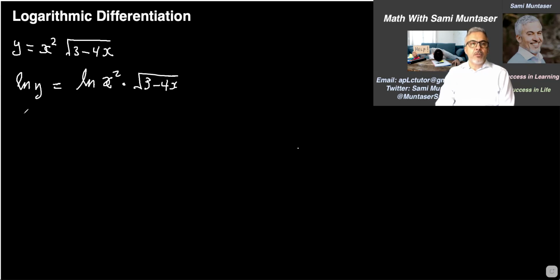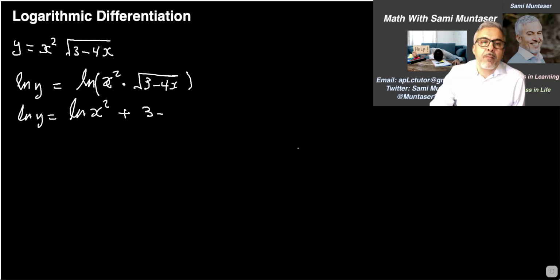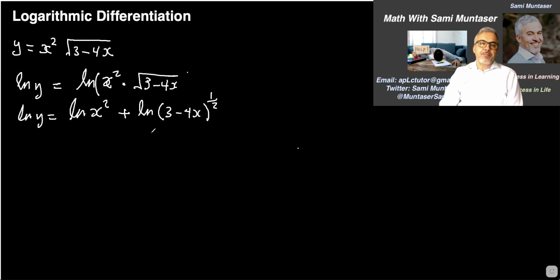And I'm gonna change this to ln y equals, using the log rule, ln x squared plus, since it's multiplication, ln of 3 minus 4x to the power of 1/2. Since it's a square root, you could change it to the power of 1/2,